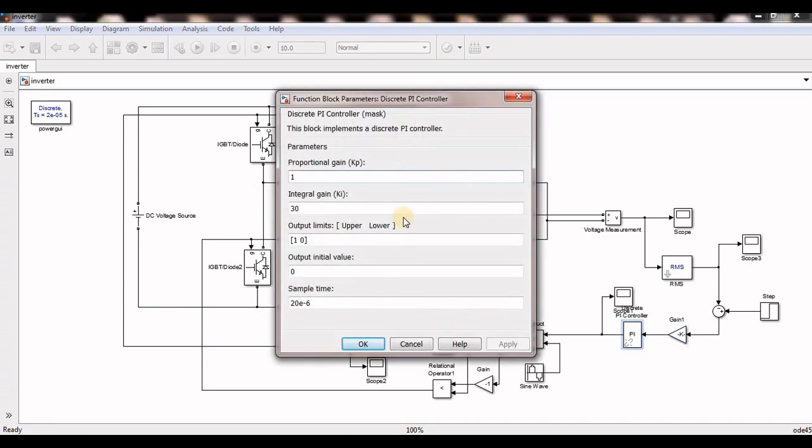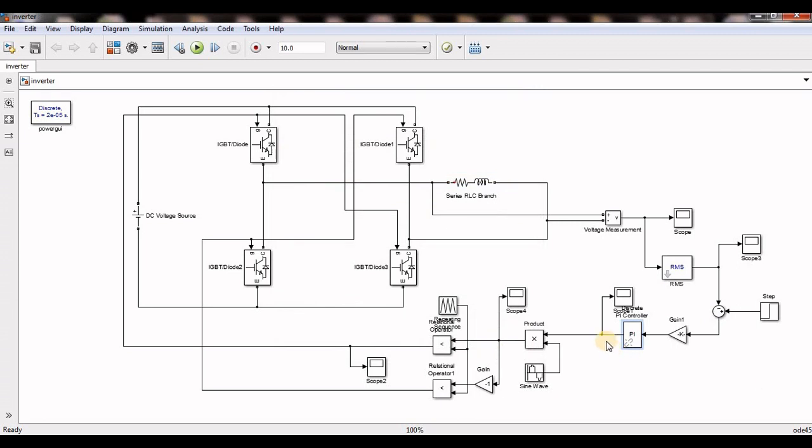Like, see, instead of putting 1 by 200 here, I can put 1 by 200 here itself and 230 by 200. So it doesn't matter. So these gains will be directly affected because it is connected in cascade. The gain and PI gains.